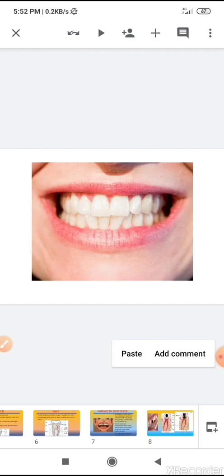Yes, but children, do you know, when you do not take care of your teeth, your permanent teeth also start falling out. But in that place, no new teeth will grow. Once a permanent tooth falls off, no new permanent tooth can grow in its place. So you should take care of your teeth.